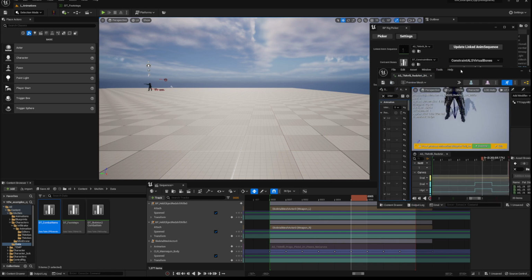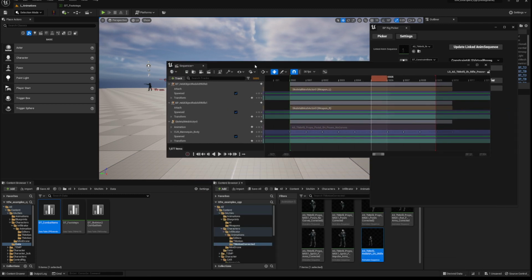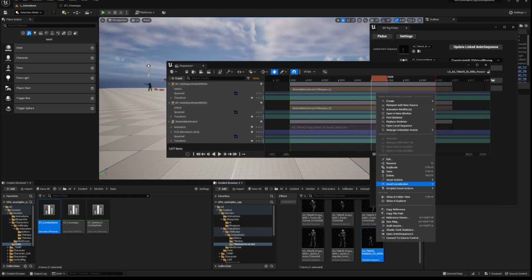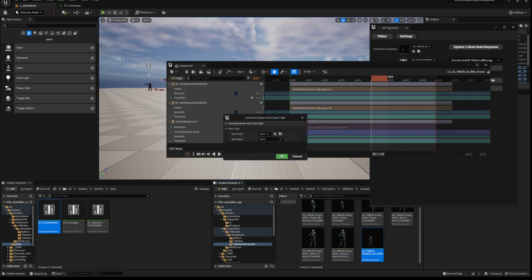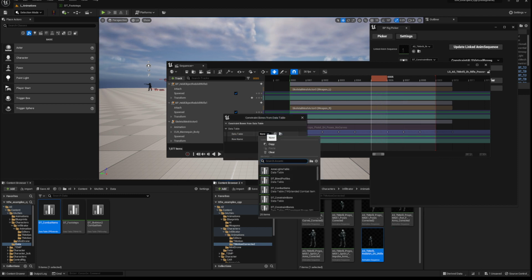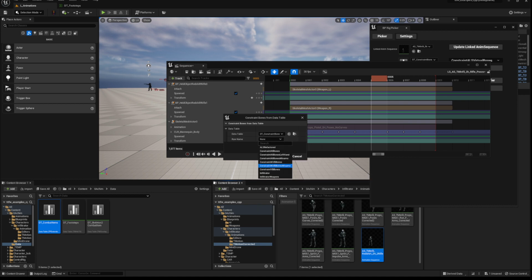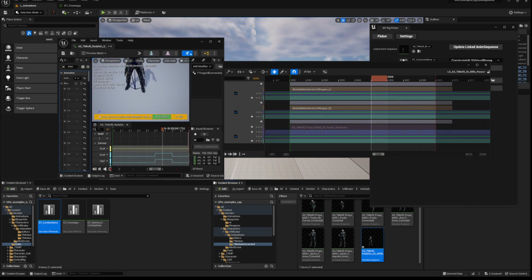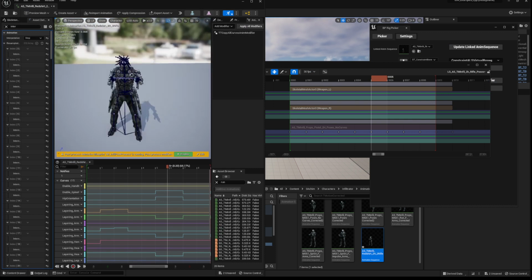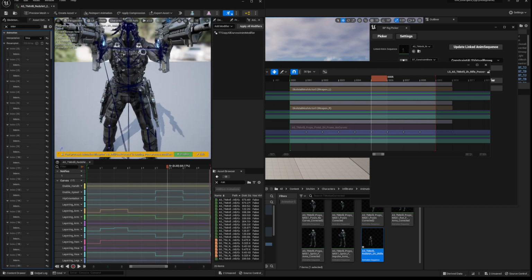And we can do this very easily in the editor as well. If we do right click, that's a special script I wrote some time ago. If you want to find more about it, search in my channel for constraint bones. And then we have this data table here, and we say Infiltrator. Here's the animation sequence again, and as you see, the bones are now properly constrained, even the virtual